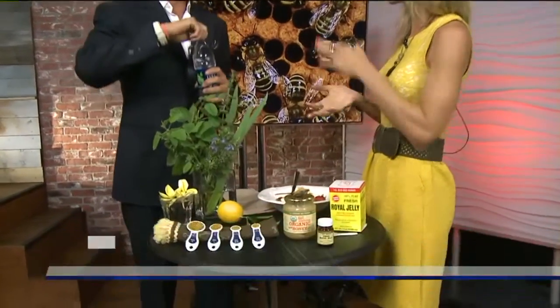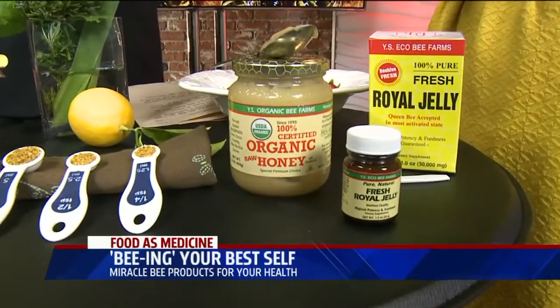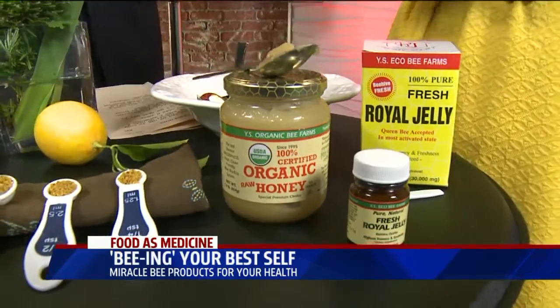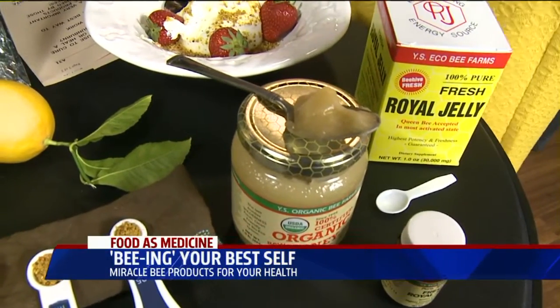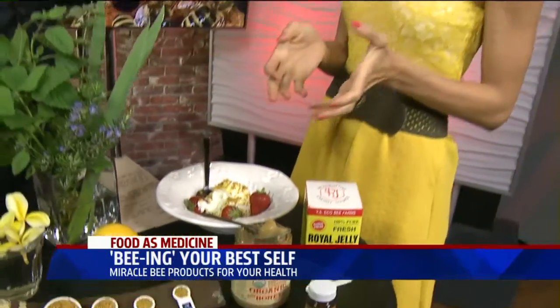And the last superstar bee product is raw honey. Most of the time when you see honey, it's really liquidy and viscous, right? But real honey, raw honey that hasn't been messed with at all is, you see how it's solid there. So that's what honey should be. It's not been heated above 115 degrees, so it has all the enzymes. And so this is the great honey to use on your toast or whenever you're using honey, or medicinally on